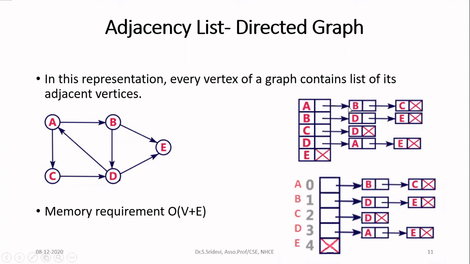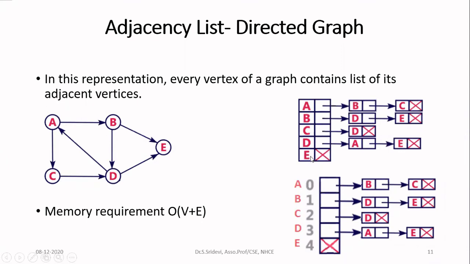So if I am asking you to find out the neighbors of A, you will start from this A. You will just travel through the linked list till you reach null. Whichever node you come across, those are the neighbors of A. So I'm starting from A. First, I'm going to B. I'm printing this value. Then I'm going to C with the help of this address. I'm printing the value. After that, since I have null here, I'll say that A is having only 2 neighbors. Then, likewise, you will represent for all the remaining nodes.